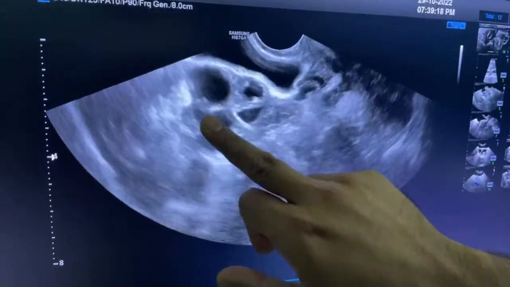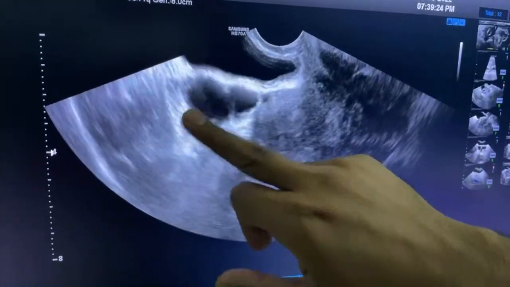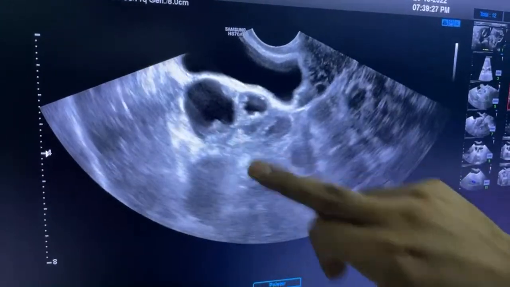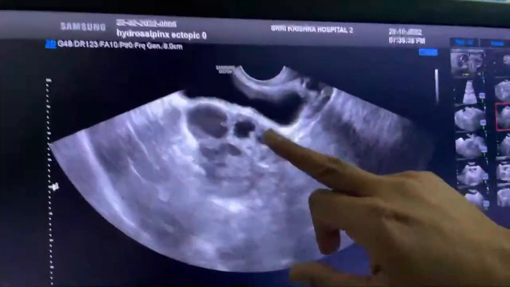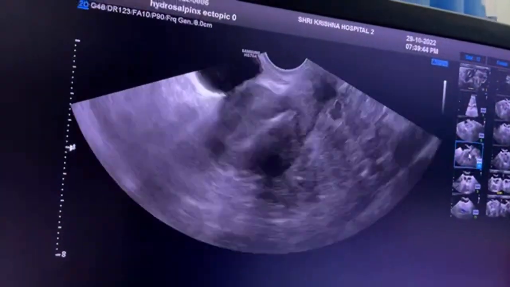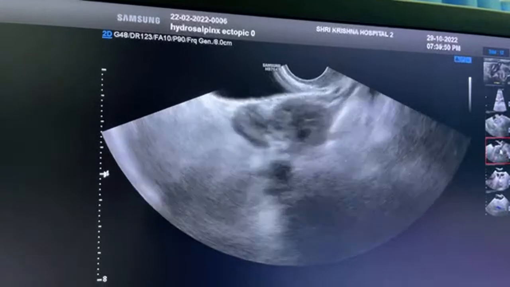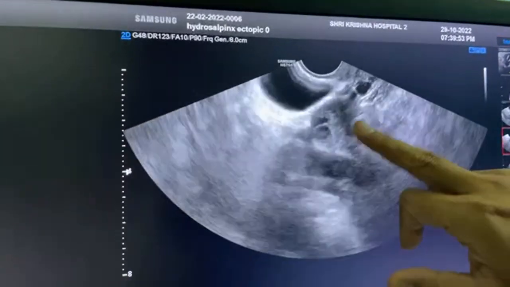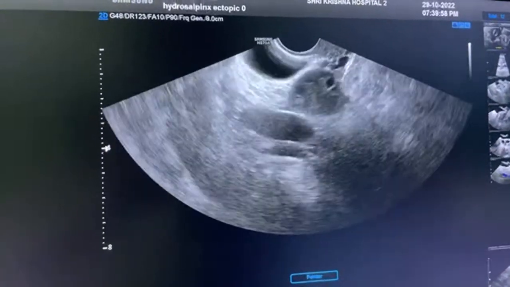If you are seeing a cystic, tubular cystic lesion with incomplete septas around the ovaries, think of hydrosalpinx. Whenever you see this, keep on applying both sagittal and transverse planes to see the septas. Otherwise you will not see the incomplete septas. So you have to keep the Sonomantra scanning rules in mind. The 7 Sonomantra scanning rules should be on your tips. This is the other ovary, well defined with peripheral small follicles. So always compare.